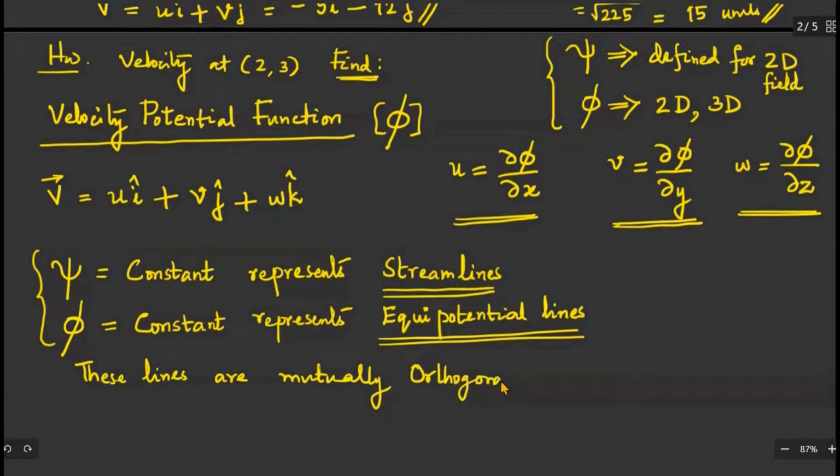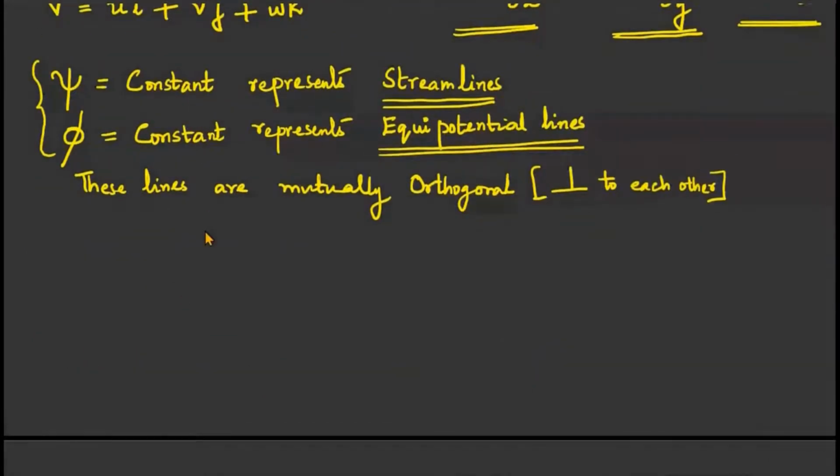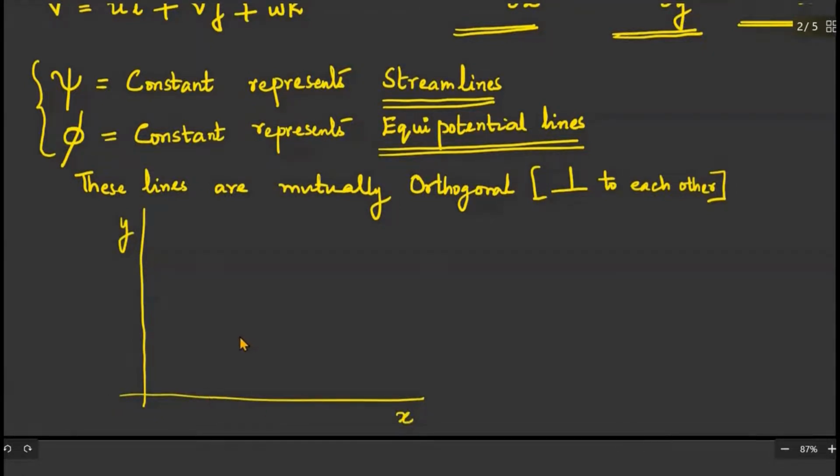That means they are inclined at 90 degrees to one another. They are perpendicular to each other. Orthogonal. That's an important idea. For example, if you have a directional coordinate axis like this, say this is the y axis and the x axis, and if you have